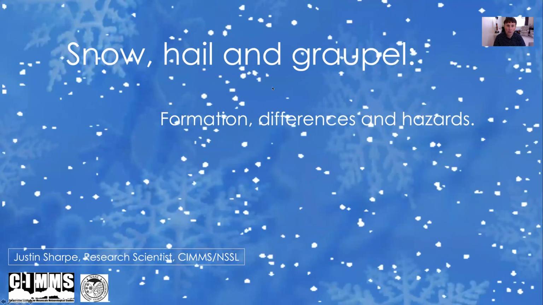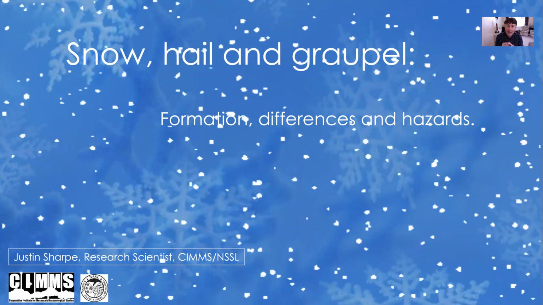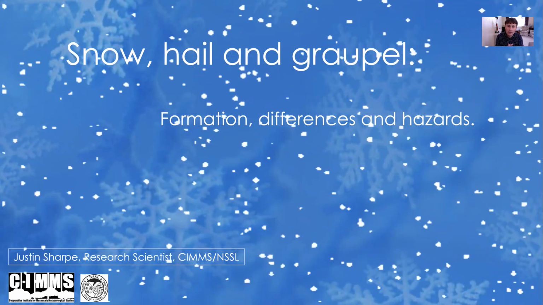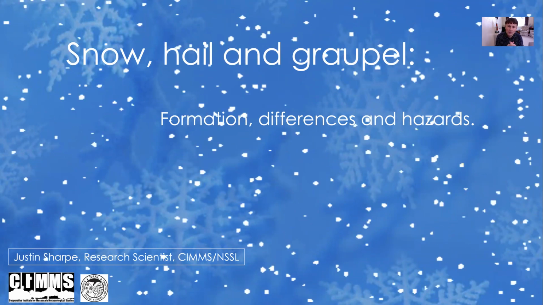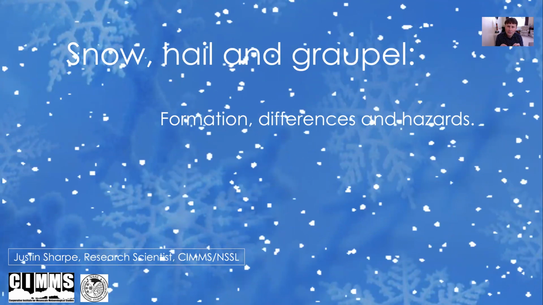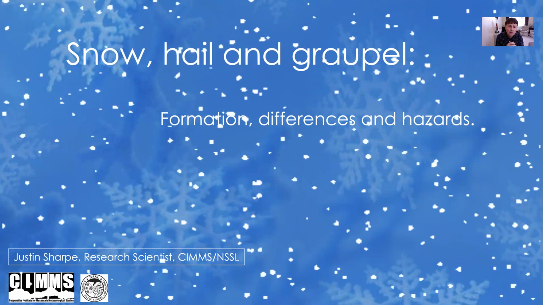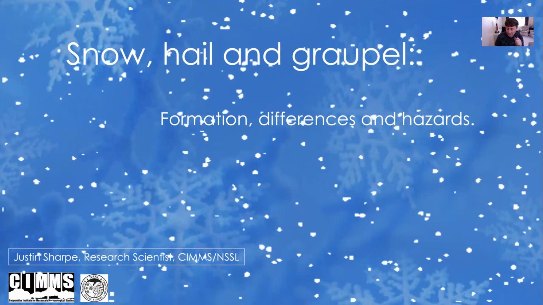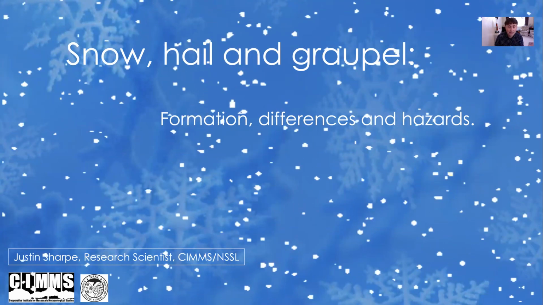Snow, hail, and graupel. We're going to talk about their formation, we're going to talk about their differences, and we're going to talk about the hazards that they produce, predominantly focusing on hail, because this is the sort of hazard that is most frequent to a lot of people, and also is least understood about some of the damages that it can do and how you need to be safe, because alongside hail you often get lightning, which